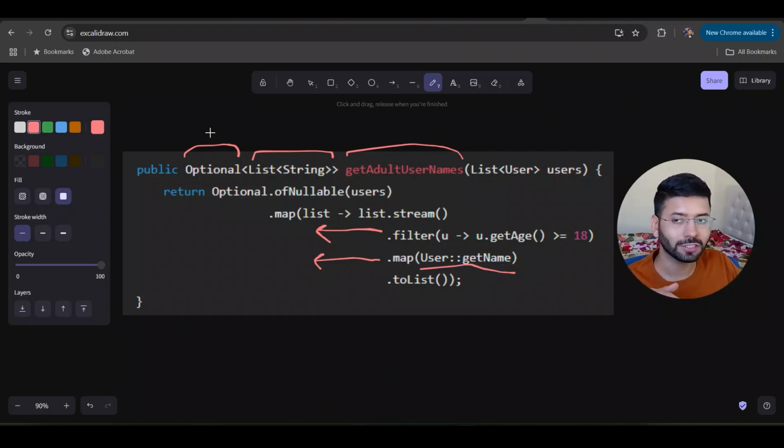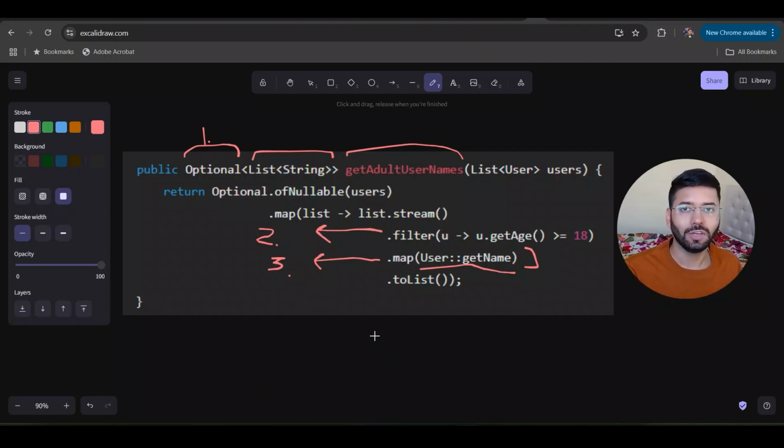So we talked about all three features. First is the Optional, which provides safer null handling. Second is the functional interface, which means this interface has only one abstract method, due to which we can use the Lambda expressions. And third is the method references, which act as a shortcut to the Lambda expressions, or you can say we are able to write cleaner lambdas using it. So these are the three Java 8 plus features which are heavily used in backend development. Again, we did not talk about all of the Java 8 plus features because in this playlist our priority is to understand backend development. So we are focusing only on those things which are heavily used in backend development,